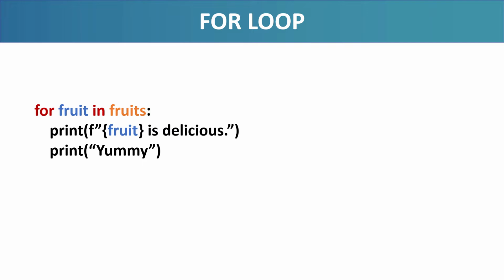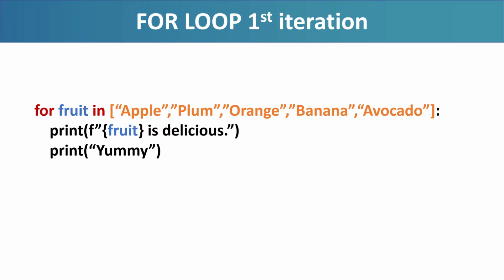That is the syntax of a for loop that iterates through the fruits list. Allow me to show the elements of the list in this animation to make it clearer. This blue arrow will now show us which line of code is being executed at any given time. Okay, let's see what happens. The first time the for loop is executed, the first item of the list is selected and is copied into the fruit variable. Then the next 2 lines of code are executed one after another.